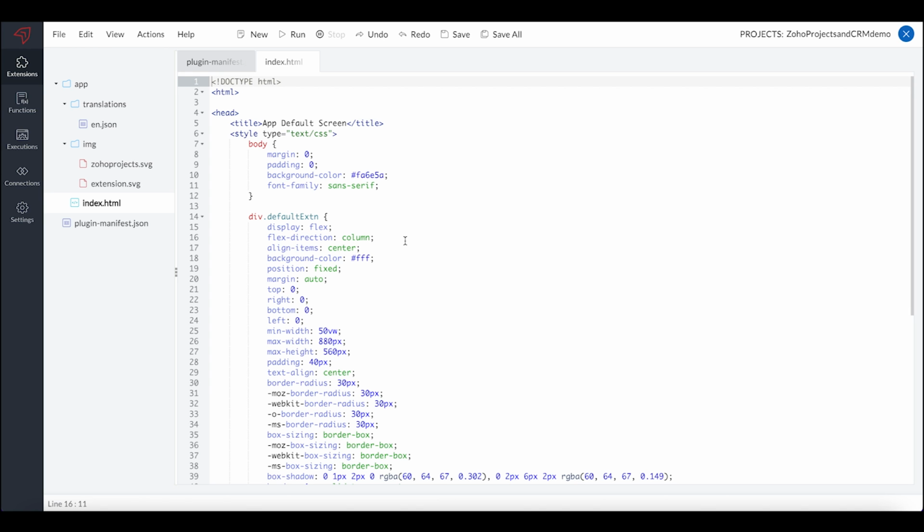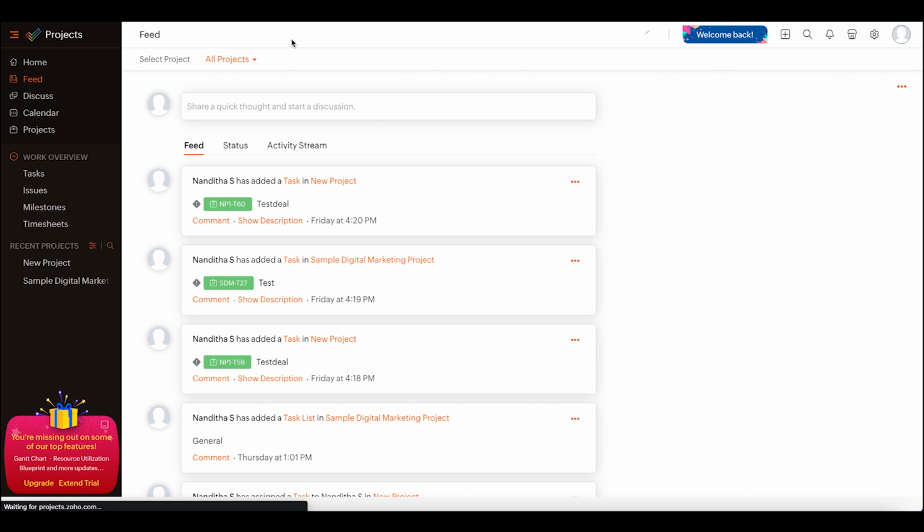So now we've seen how we can create an extension for Zoho Projects. After an extension is created, the Sigma Cloud Editor provides an option to test your extension functionalities in a testing environment before you publish it and install it in your Zoho Projects portal. Let's see how. This run option is provided by the Sigma Cloud Editor; when you click on it, you'll be taken to the developer's Zoho Projects portal where you can test your extension functionalities.